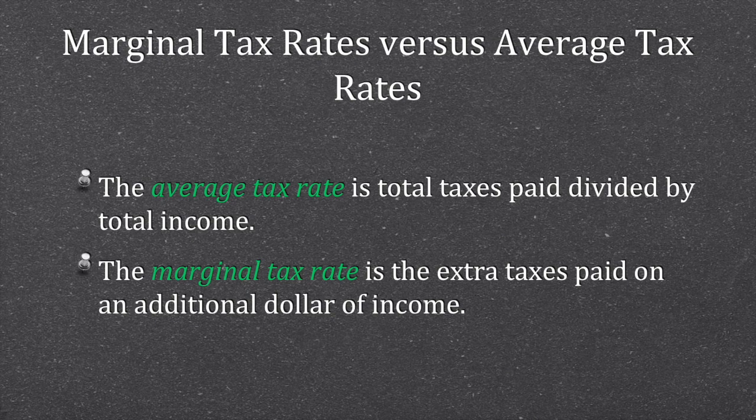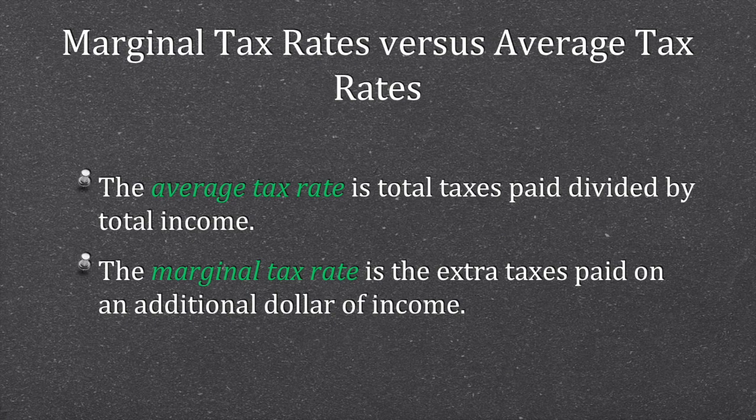And when it comes to equity, we look at two different factors, two different ways of measuring equity. The average tax rate, which is total tax divided by income. So average tax rate, if I had $100,000 and I paid $20,000 in taxes, my average tax rate would be $20,000 over $100,000. And then the marginal tax rate, which is how much tax you're going to pay on your next dollar